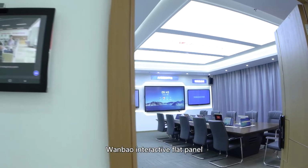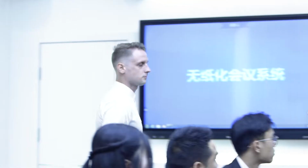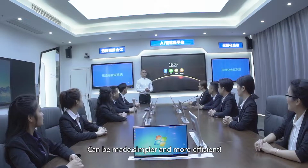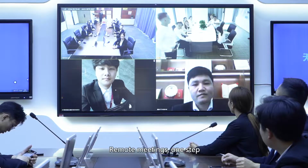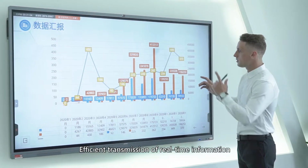Wanbao Interactive Flat Panel: intelligent conference, multifunctions. In fact, the same traditional meetings can be made simpler and more efficient. No matter where you are, it can easily achieve face-to-face communication and remote meetings in one step, with efficient transmission of real-time information,